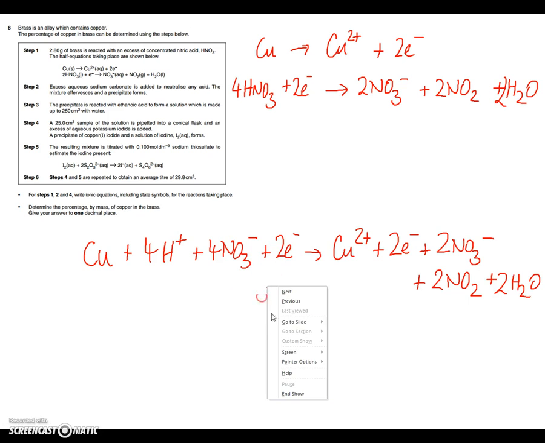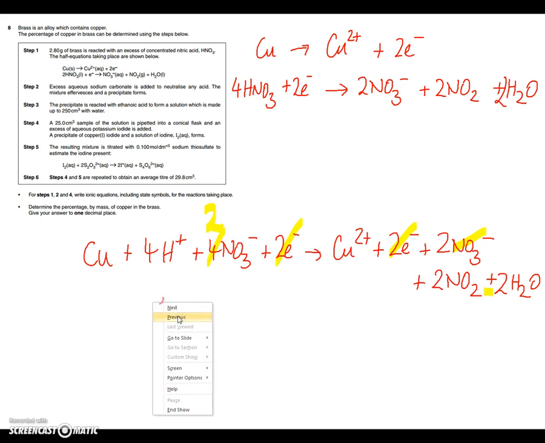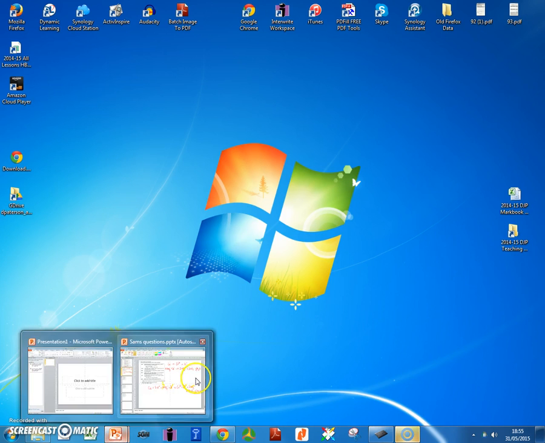Okay, and then cancelling out, we've got 2 electrons here and we've got 2 electrons here, so those two cancel, and then you've got 2 nitrate ions here and you've got 4 nitrate ions there, so that one becomes 2, and so our final equation is copper plus 4 hydrogen ions plus 2 nitrate ions becomes copper 2 plus and then 2 nitrogen dioxides and 2 waters, and then if we put the state symbols in from the original,